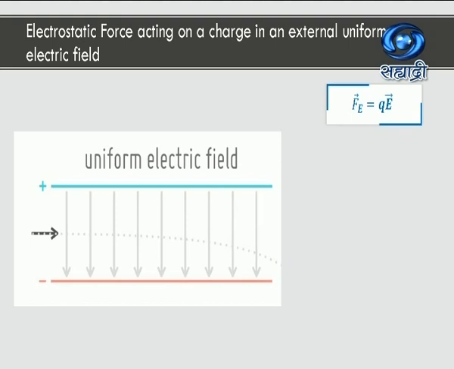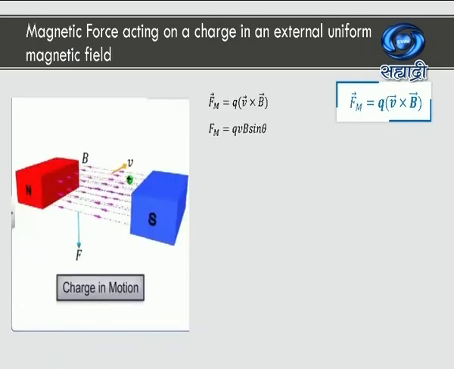As far as this situation is concerned, the charge is a positive charge and it is having a deviation in its path towards the negative plate because a positive charge is attracted by the negative plate and the force acting on it is the electrostatic force, which is equal to QE, and that is why it is having a deviation towards the negative plate. If I would have had a negative charge, then definitely it would have been deflected upwards. I hope you have understood this.